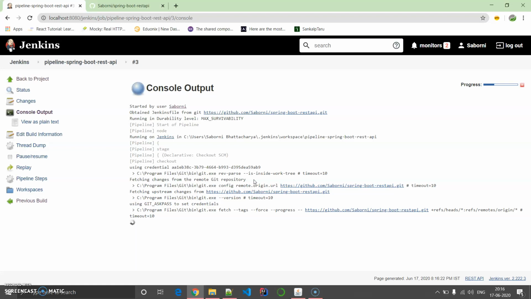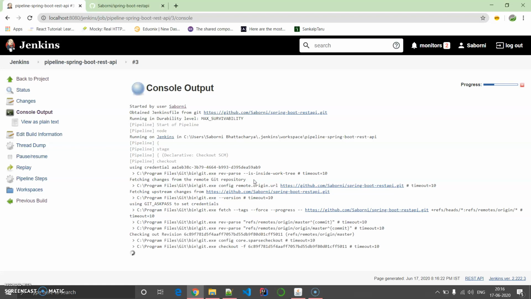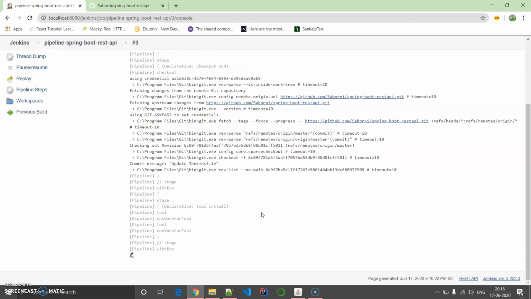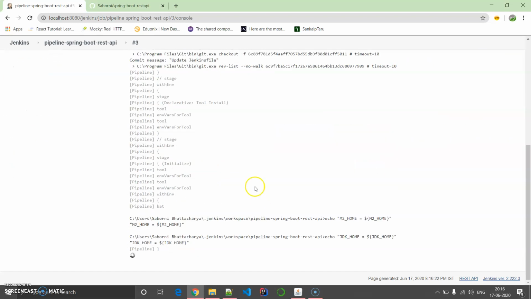It's pulling the code from Jenkins for the first instance. It's initiating all the environment variables and tools.